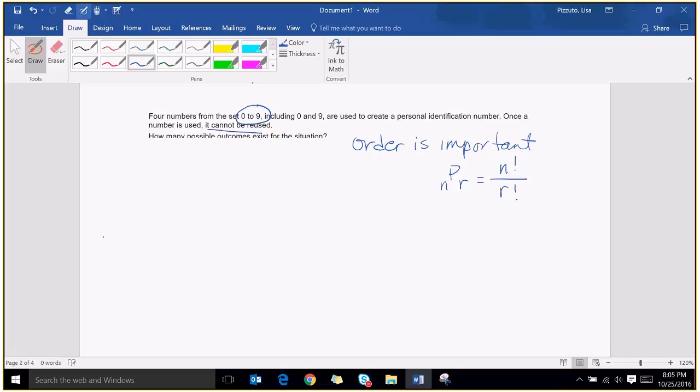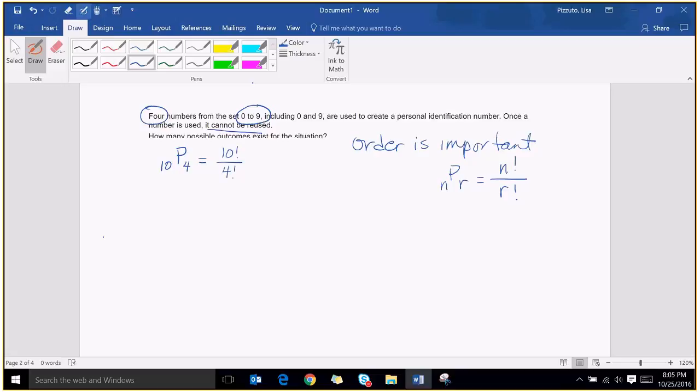Okay, the first question says, how many possible outcomes exist? So how many things do I have to choose from? 9. Wait, 10. You have 10 to choose from, and how many do we want to choose? 4 numbers. So that means 10 factorial divided by